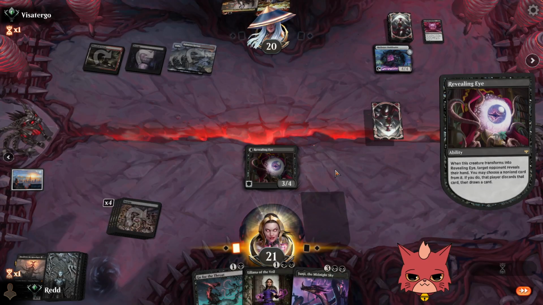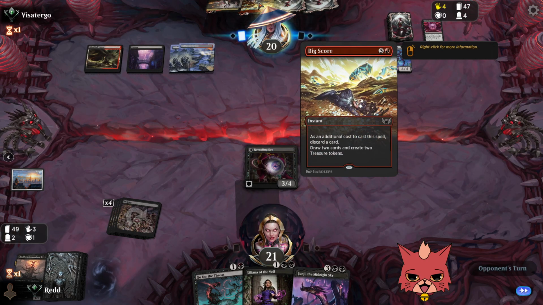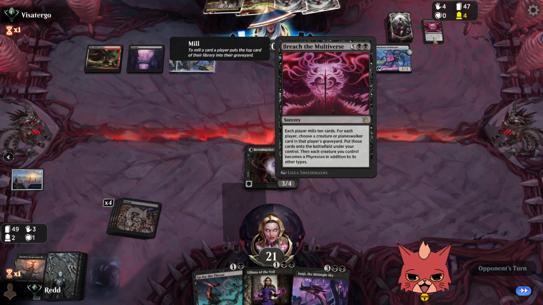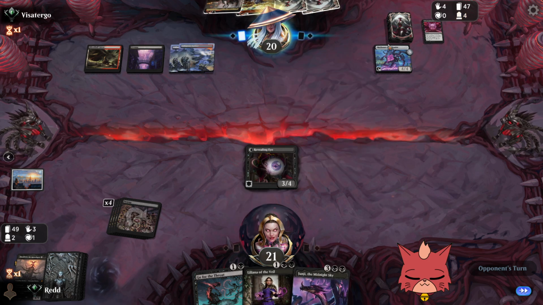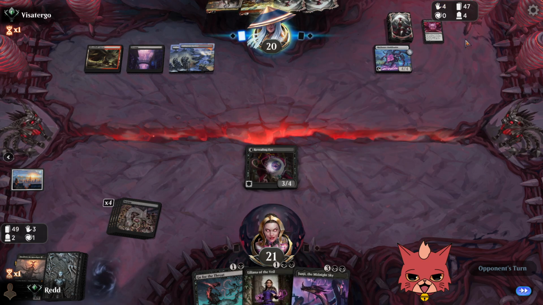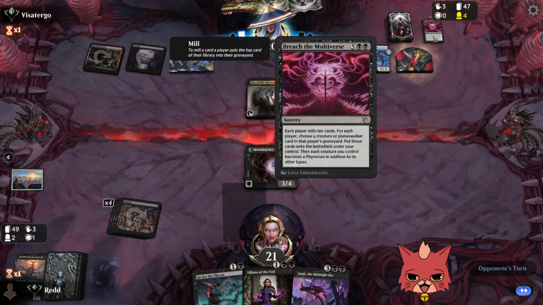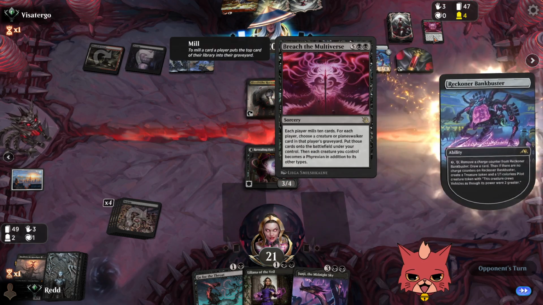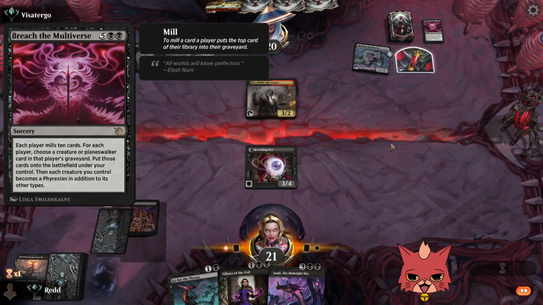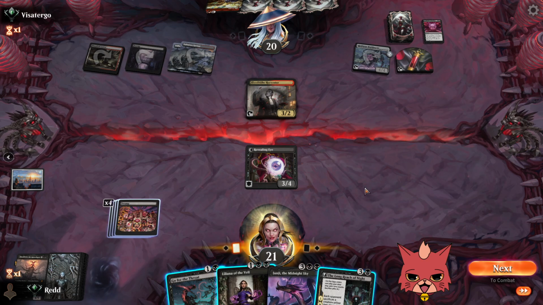If we ditch the Big Score, they have a chance of just drawing another Big Score and ramping anyways, and they're still far from Breach. But they're not that far. Big Score ramps them twice, and then they just drop a land and then play the Breach next turn. Which just ends it, I would say. Well, maybe not. They'd get a couple creatures or planeswalkers, and then we have a lot of sacrifice abilities, so...